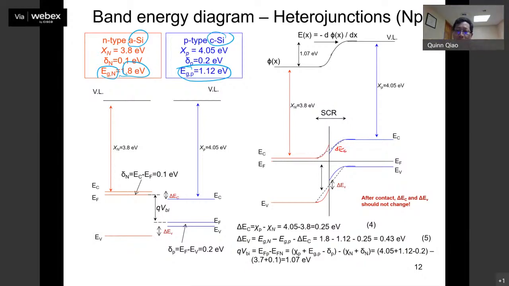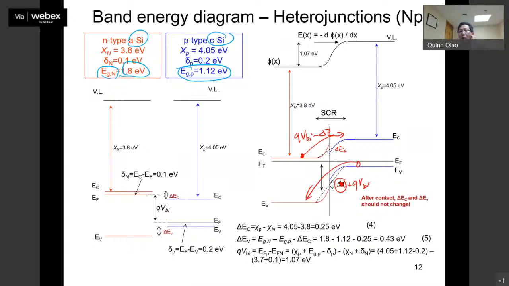So with that, if you think about the barriers, if an electron goes from here to there, that barrier is reduced by this delta EC. Initially the difference here is QVBI, so you have QVBI minus delta EC. That's the barrier, reduced by delta EC. But on the bottom, that will be plus QVBI. Now for the hole, if this hole tries to go down there, the barrier has been increased by delta